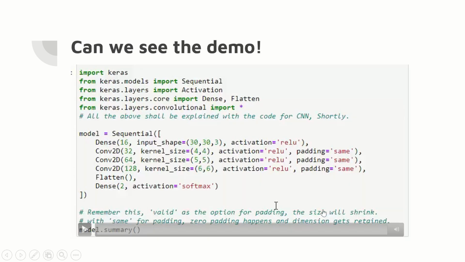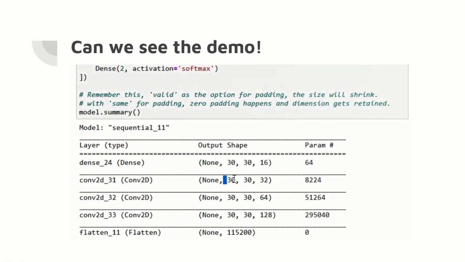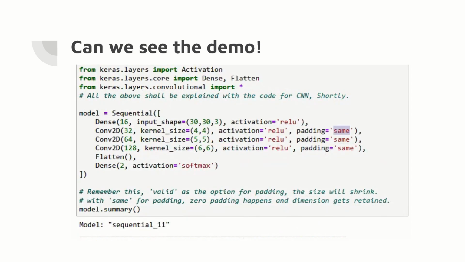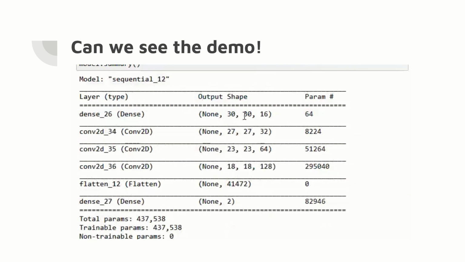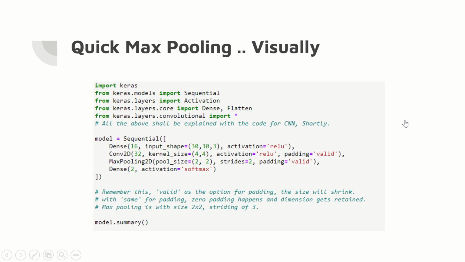As usual, every session of mine goes with a demo, and here I am going to quickly show you the same demo so that you can understand it. All the above declarations, pre-processing, downloads and imports are regular, and you can see that with the simple options that we have enabled, we are retaining the size when it is same. When it is valid, it shrinks. You can see that I'm changing it to valid right now, and when I run it, it will be obviously visible for you that the size shrinks. That's it. This is how zero padding technically works.